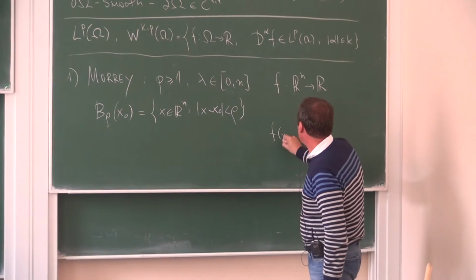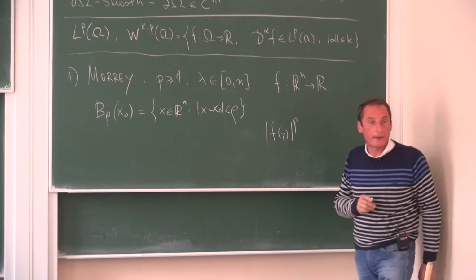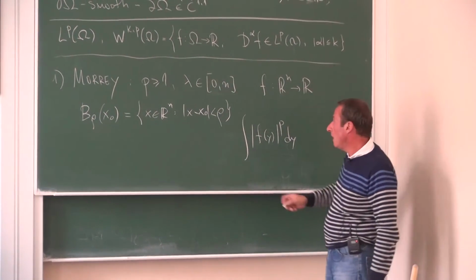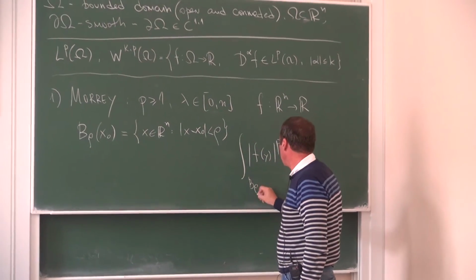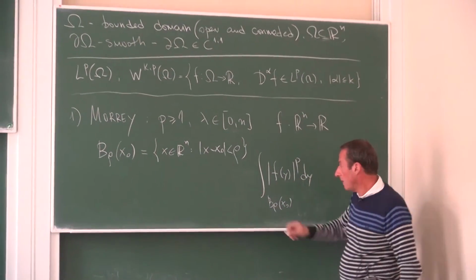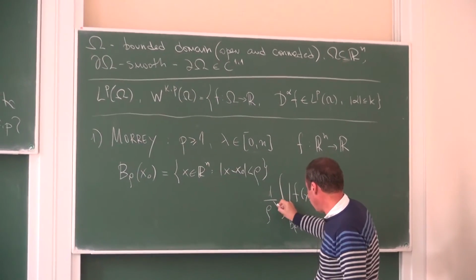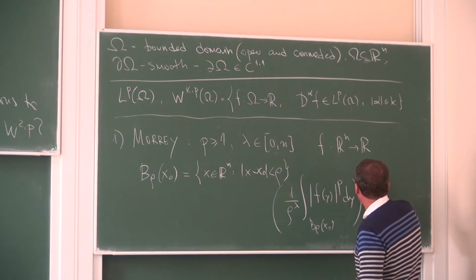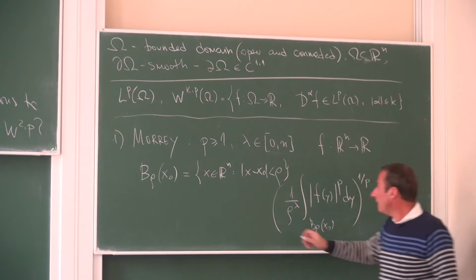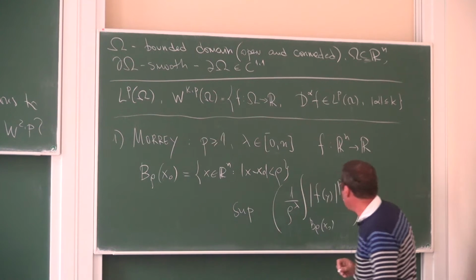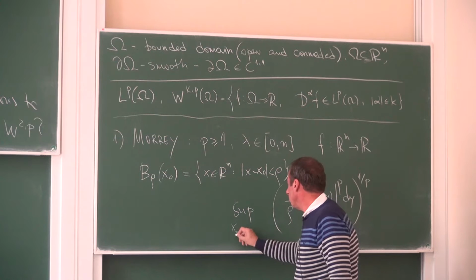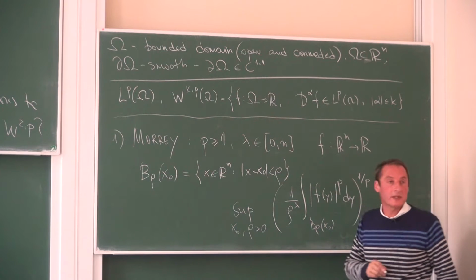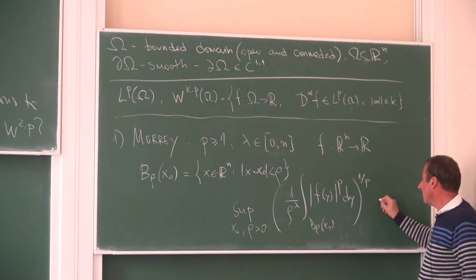You are taking the p power of the function f. Then you are integrating with respect to y this power over the ball B_rho with center at x0. You are dividing all of this by the lambda power of the radius, raising everything to 1 over p, and then you are taking the supremum with respect to all x0 and also with respect to all radii r. In case this quantity is bounded,